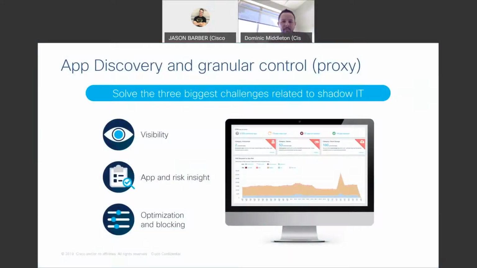But CASB functionality, a few things to know about here. So first of all, visibility. One of the biggest mindsets we have here for the Cisco security teams is visibility. If I can't see it, then how do I stop it, or how do I defend against it, right? So we want to give you as much visibility as possible into what's happening in my network, especially around shadow IT. That's one of the biggest issues customers face. You ask them, what kind of threats are you blocking? What do you know about what's happening in your environment?